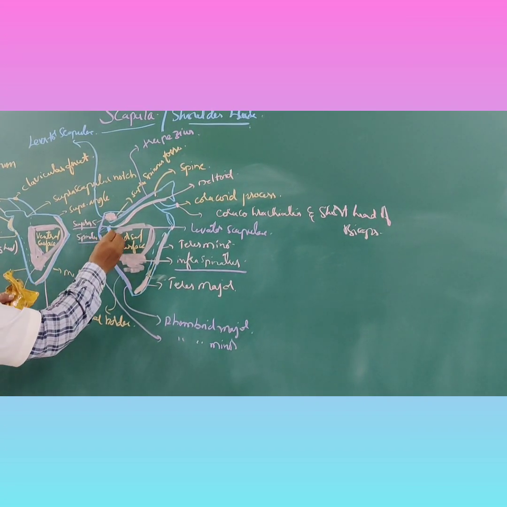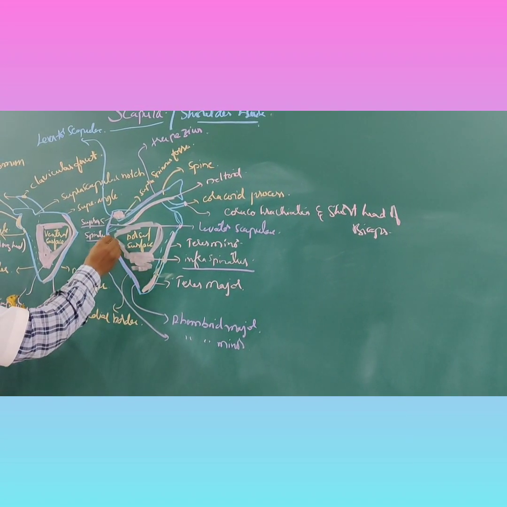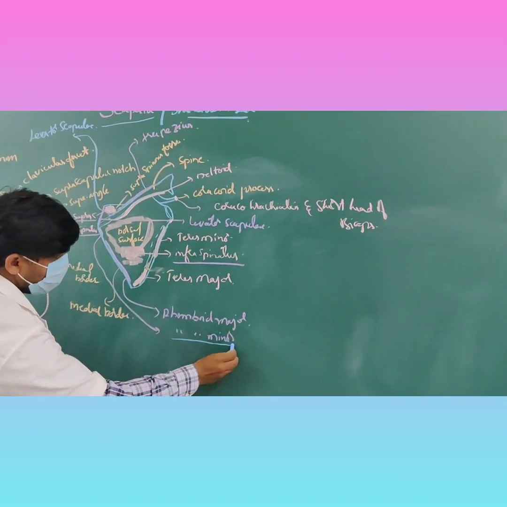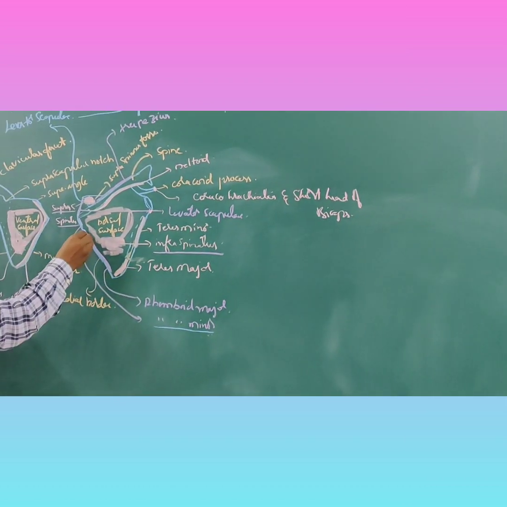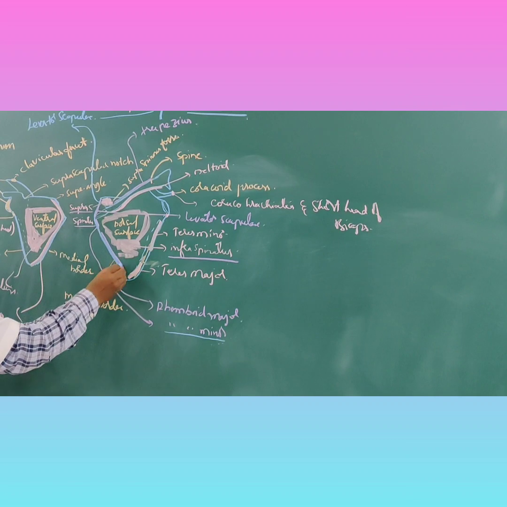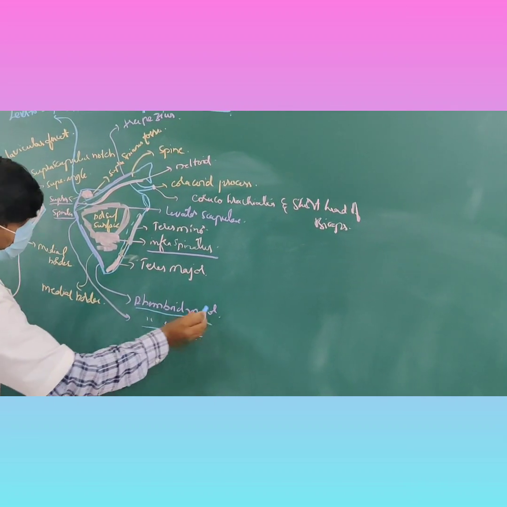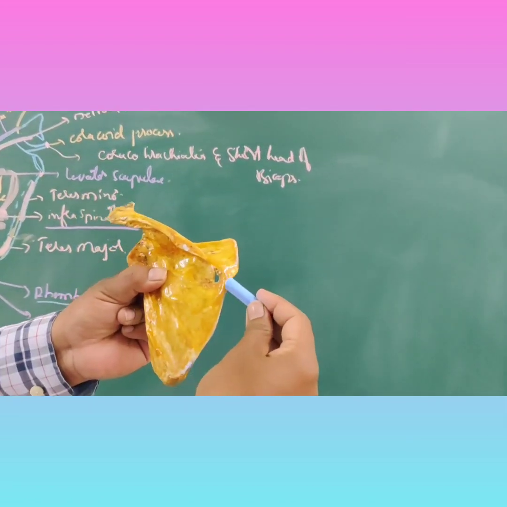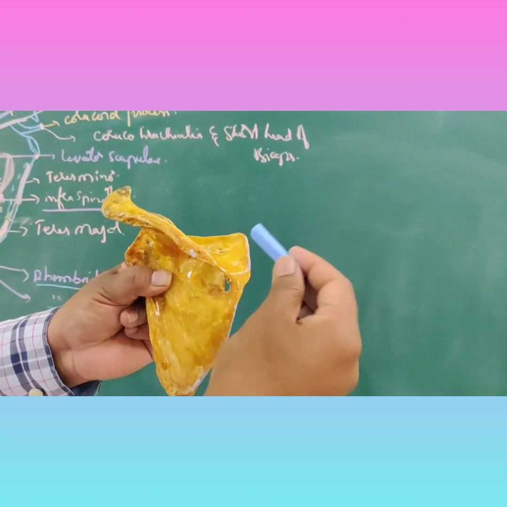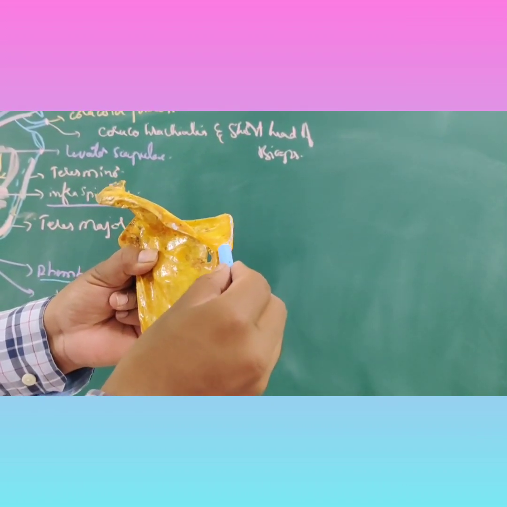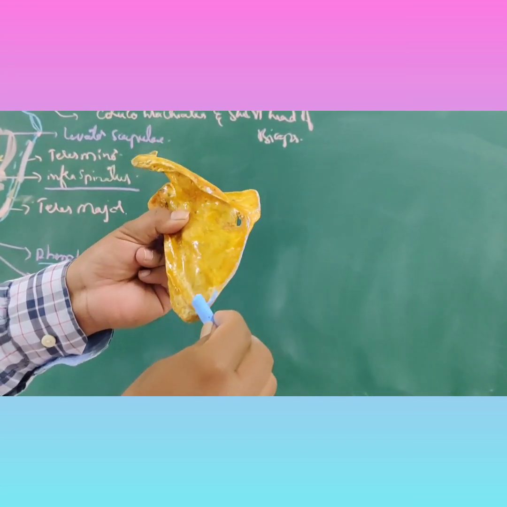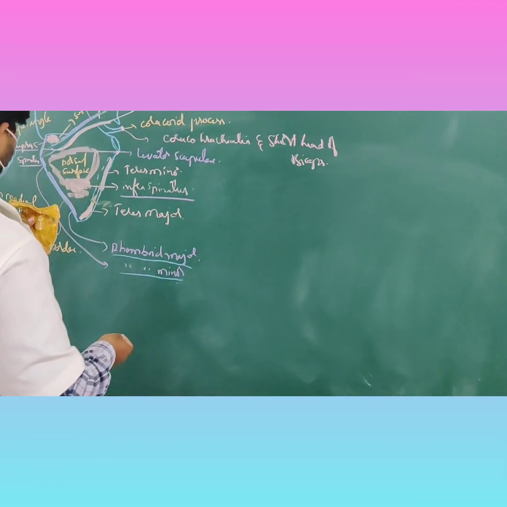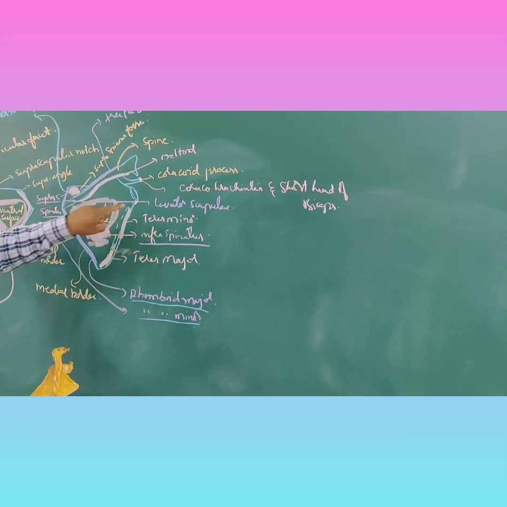Then the dorsal aspect of the medial border below the spinous process, this area, gives origin to the rhomboideus minor muscle. Then the remaining area of the dorsal aspect of the medial border gives origin to the rhomboideus major. So there are three muscles arising from the dorsal aspect of the medial border: levator scapulae from here, right? Then next we have rhomboideus minor. Then this entire area gives attachment to the rhomboideus major muscle. Then coming to the lateral border.